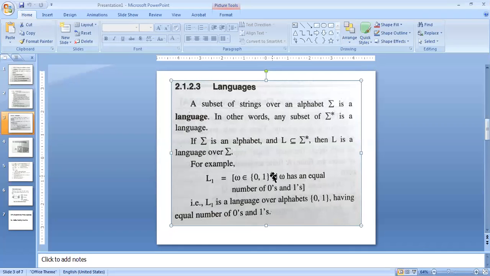Now here one more symbol we have written, called star. It is a very important alphabet symbol in our TOC. Now what does star mean? In normal programming, when we are searching in an explorer and want to search for files, at that time we write a star. So star means what? Any number of alphabets.